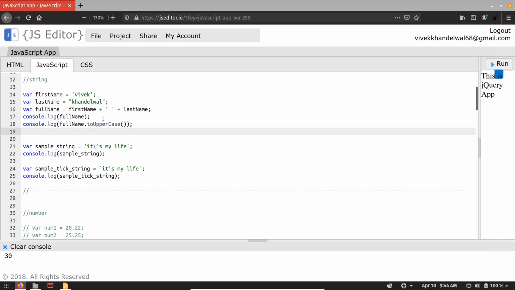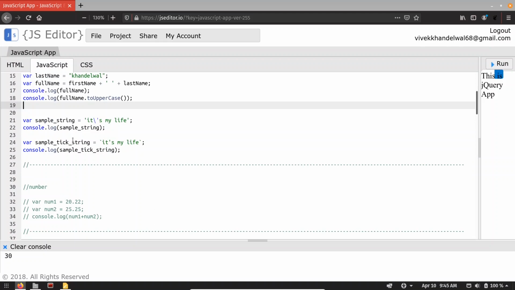Along with this we have some functions associated with the string. I am using the toUpperCase function to convert full name into uppercase and printing it over here. Let's move forward. Again I am creating one variable, sample string. I am showing you how we can use a special character inside our string. Whenever we find a special character in our string, we need to escape it, and we can escape it with the help of a backslash.